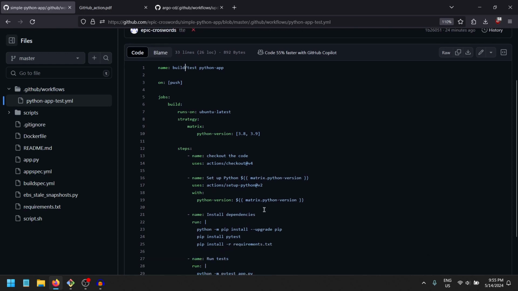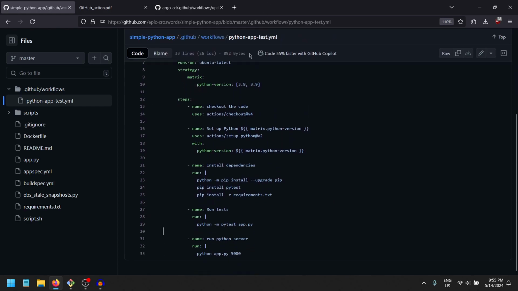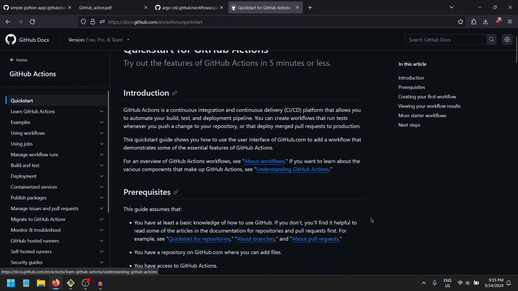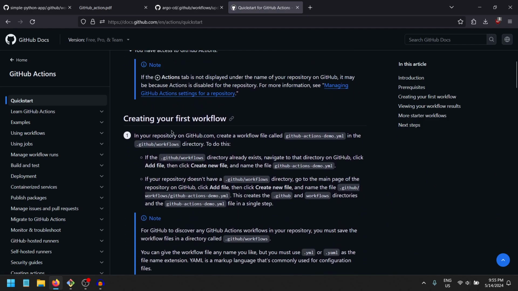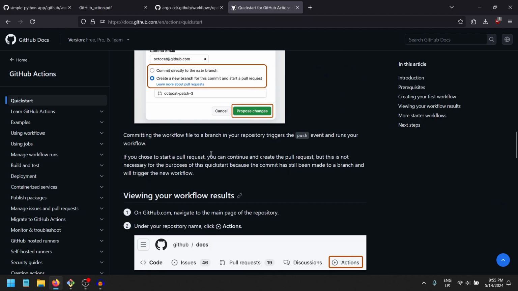First, we are providing the name of the build itself. If you know basic YAML, how the YAML indentation and all those things work, it will be very easy for you to create such a workflow file in GitHub Actions itself. You can take help from the official GitHub documentation. In GitHub Actions, there is a quick start, and in this quick start they have already created a document on how we can create and use GitHub Actions itself,